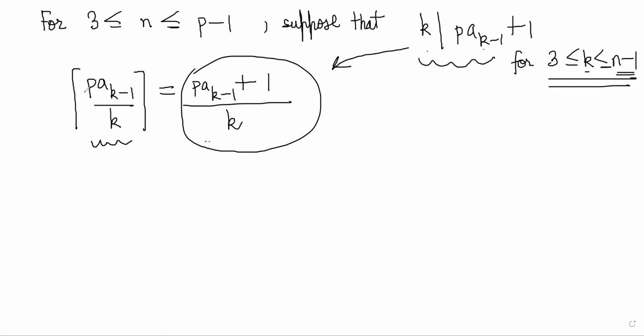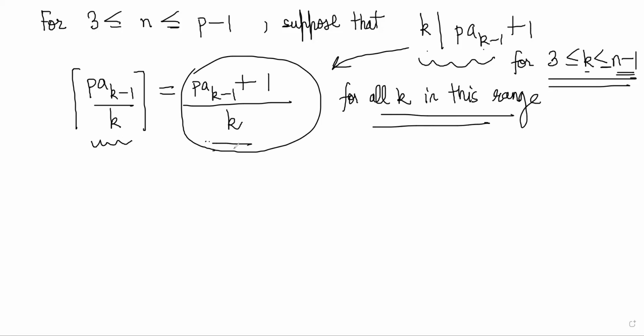Think about it, you should be able to figure it out. So for all k in this range, this is the value of this function, right? Therefore, p a k minus 1 plus 1 basically becomes equal to p, instead of a k minus 1, now